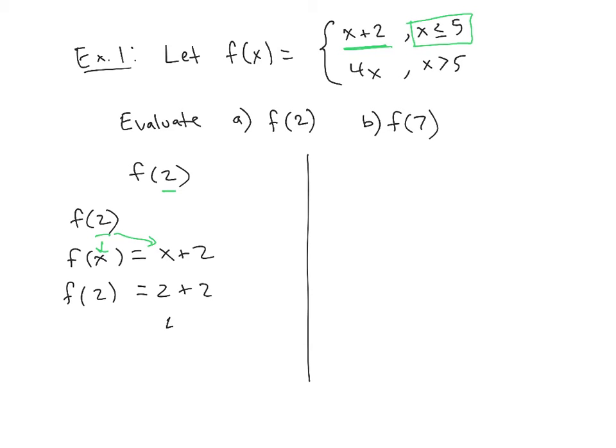So 2 plus 2 makes 4, right? So f of 2 would be equal to 4. So that would be my answer for part A, solving for f of 2, right? So for part B, f of 7,